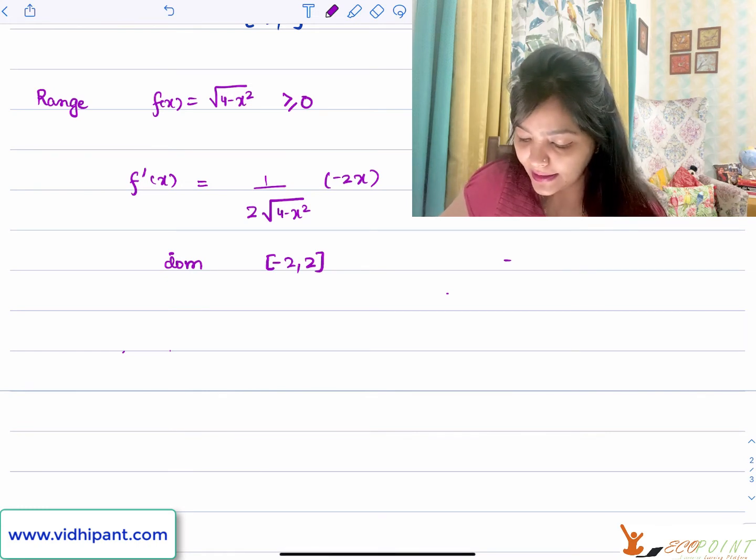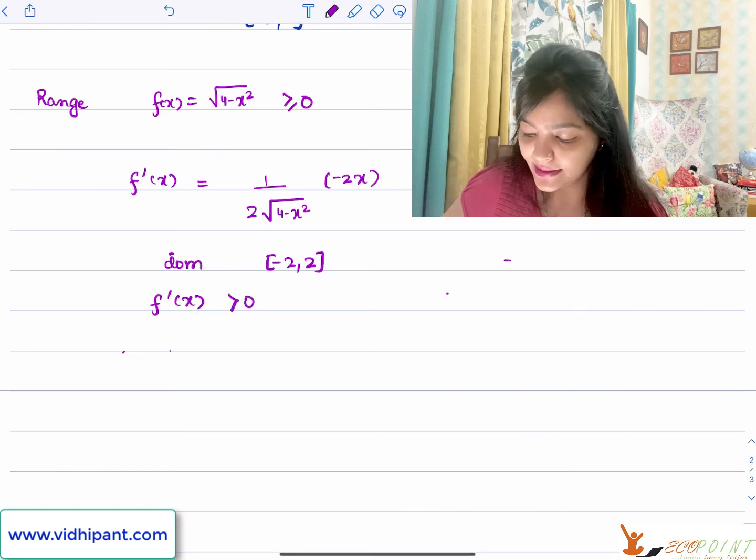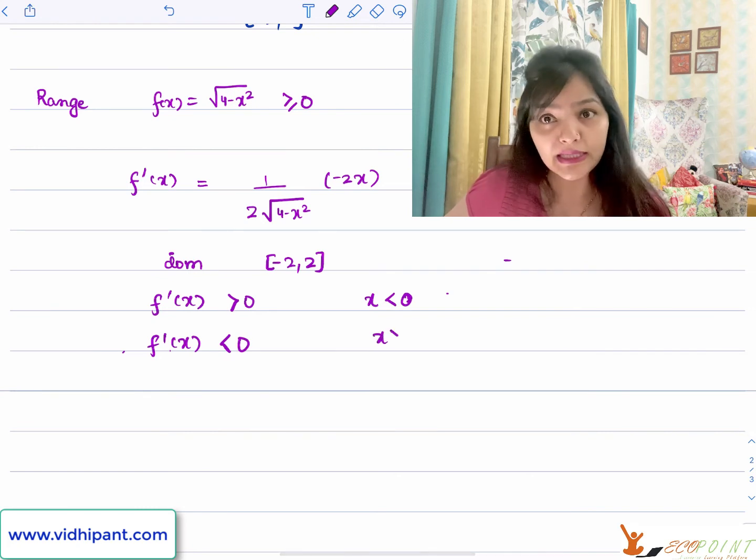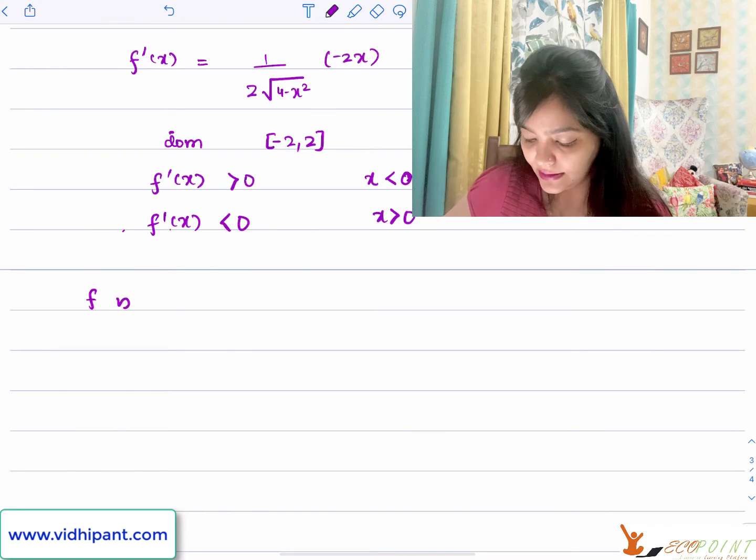So f dash x will be greater than 0 for all x less than 0, and f dash x will be less than 0 for all x greater than 0, which means that this function f is first increasing in minus 2 to 0,